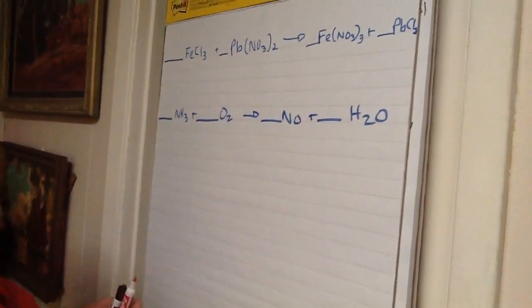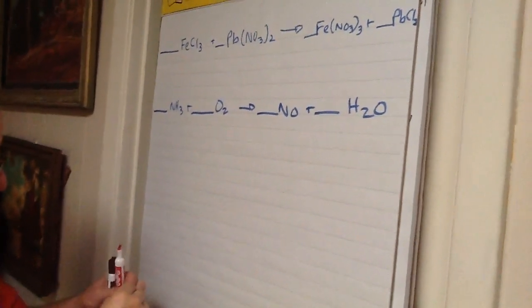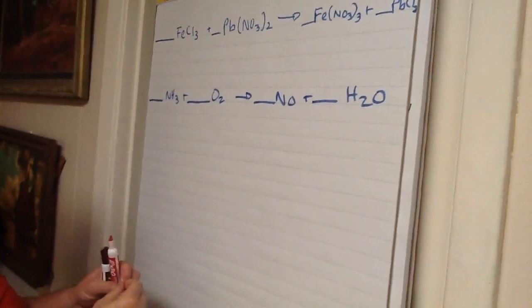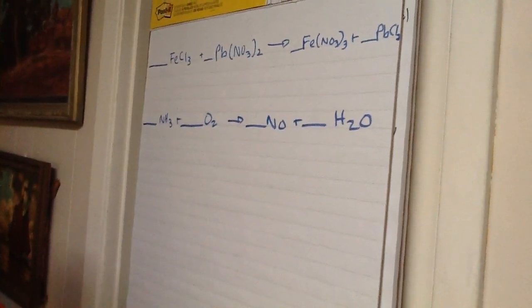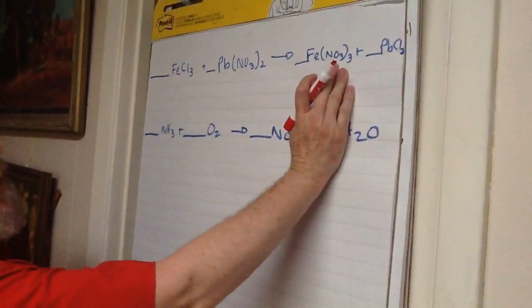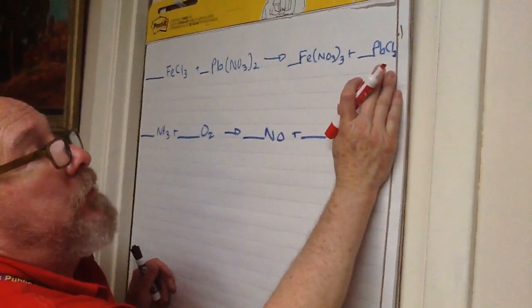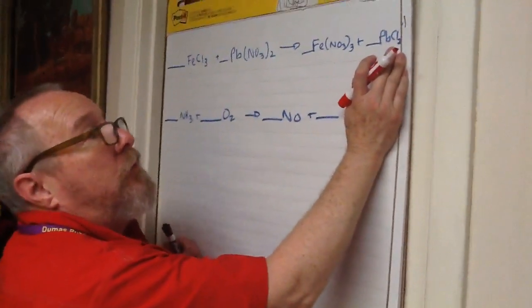We're going to be working with dropper-sized amounts, drops of it, but once again, lead is extremely toxic, so we will wash our hands when we're done with this. But we're going to make iron nitrate and an insoluble precipitate, lead chloride, which is PbCl2,